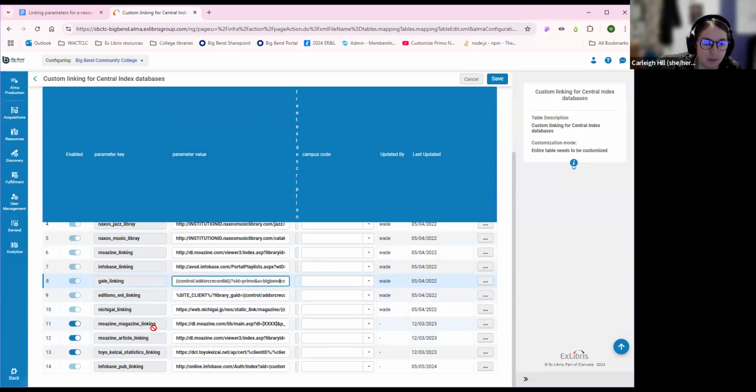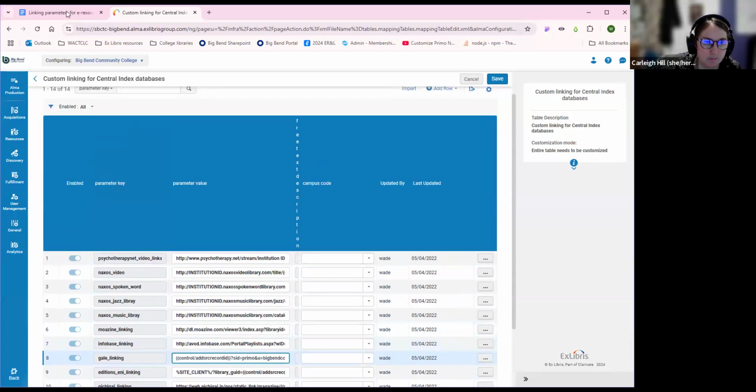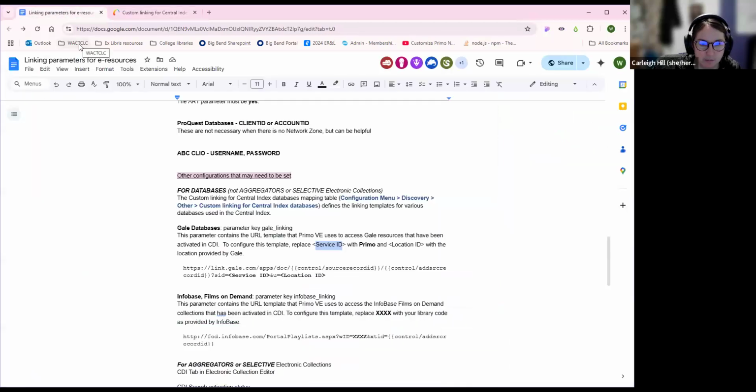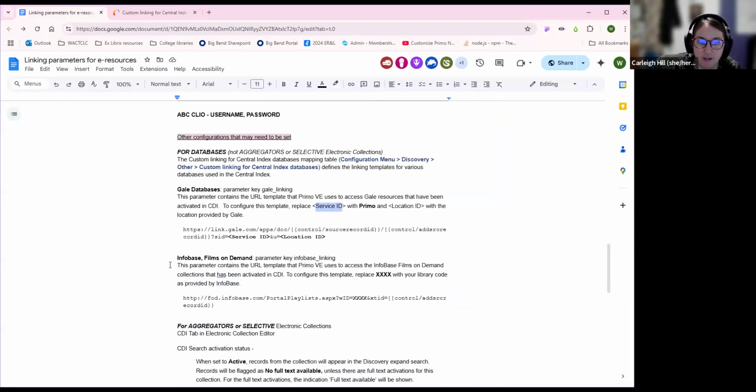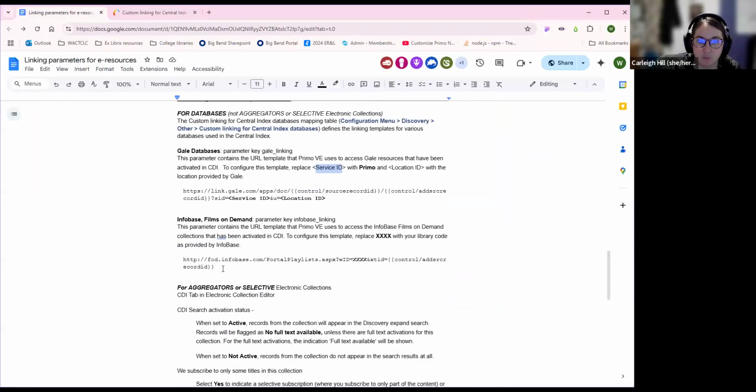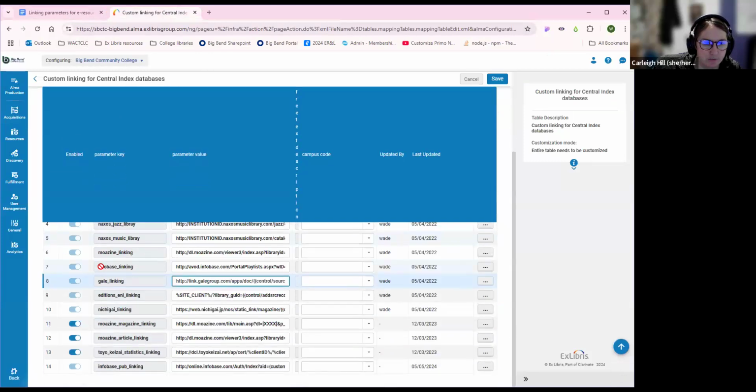So the same goes with any of those in there, but Gale would probably be the big one. The other big one for us is going to be Films on Demand. So if we go to the Infobase linking, because there are actually 2 Infobase ones, there's Infobase pub linking, if you have a journal collection from Infobase, but for Films on Demand, it is Infobase linking, and we're going to go through and we want to